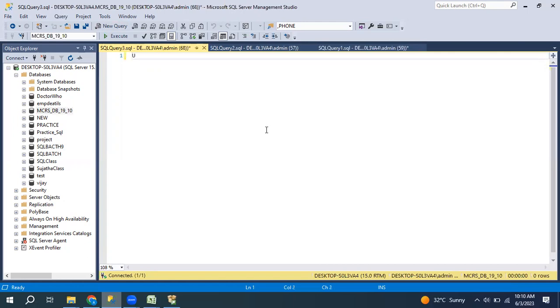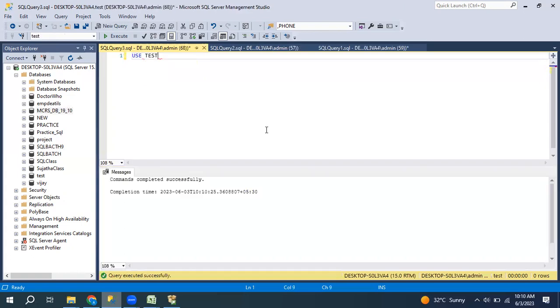MCRS, correct. When I execute use test, the database is automatically mapped to test. When I execute use new, it changes to new here also. So now you are in the new database.